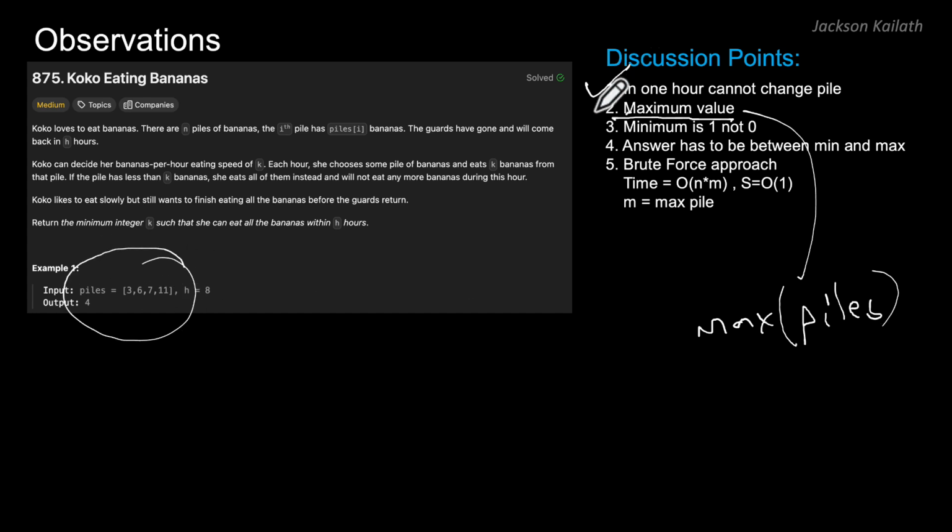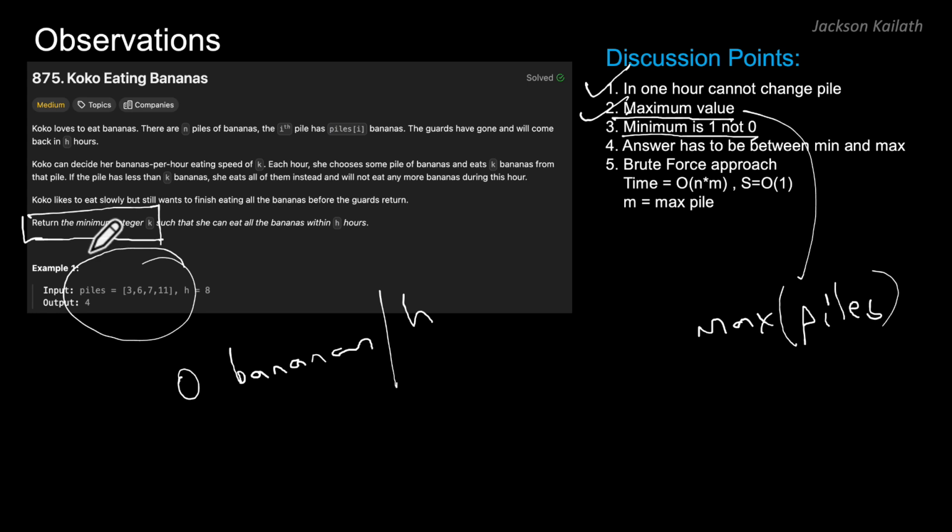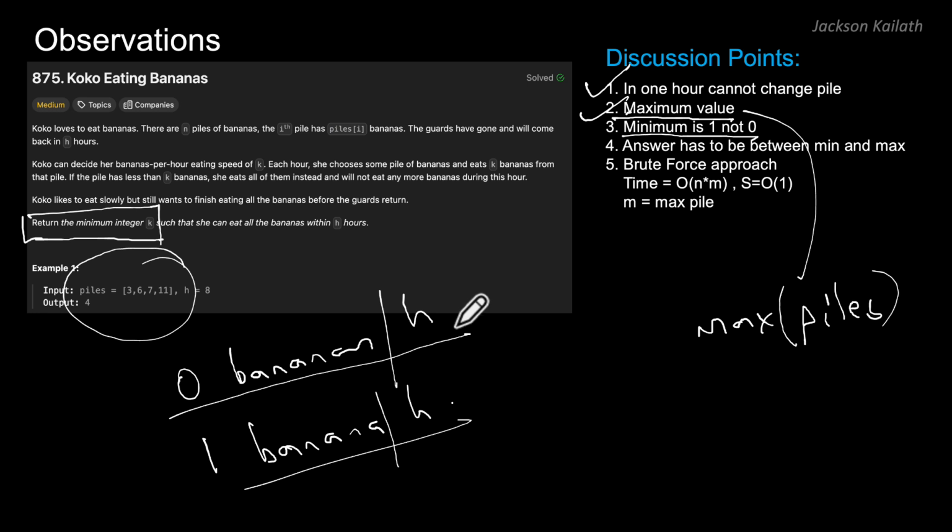So we have discussed these 2 points. Let's move on to the third point. What would be the minimum speed at which she could eat bananas if she has to complete them? And again, over here, notice it's mentioned that return the minimum integer value for k, which indicates that k can only take integer values. It cannot take fractional values. Also, if she eats, let's say 0 bananas per hour, then she would never finish it, right? Therefore, the minimum value for k has to be 1 banana per hour, because if it's 0 bananas per hour, she would not finish. And you also cannot have fractions because in the question it's mentioned return the minimum integer